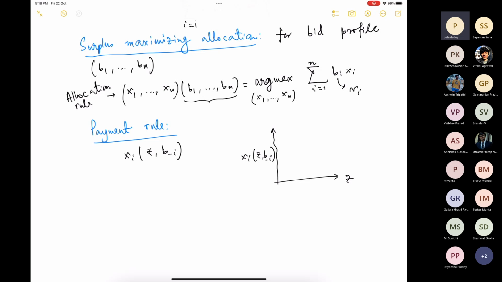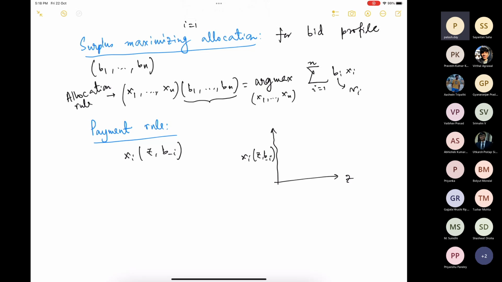For example, when we talk about first price auction, we define the allocation rule: who will be the winner? That rule we define to be that the person who bids the highest will be the winner. The same thing is here. Okay. Feel free to unmute and ask questions if something is not clear.